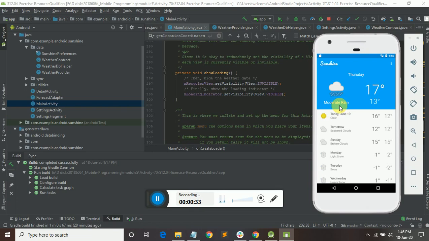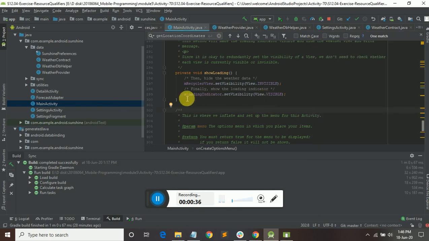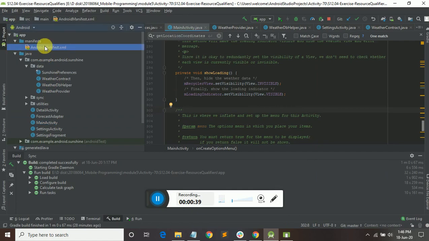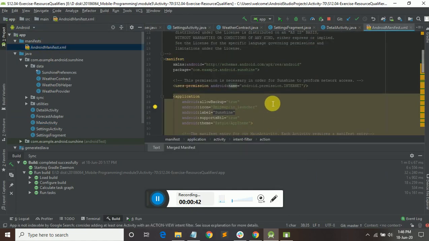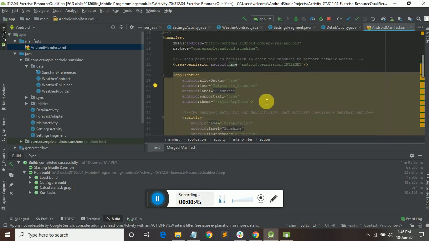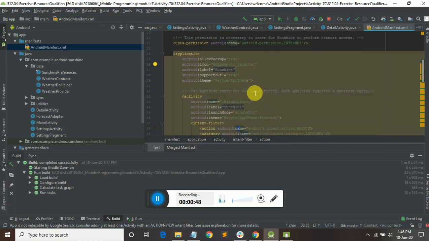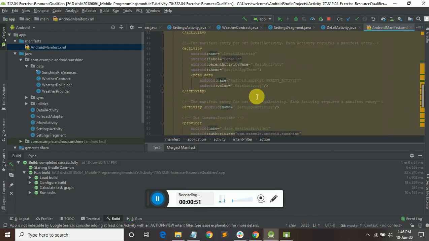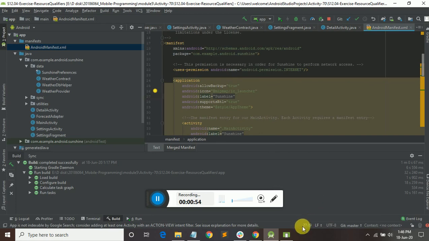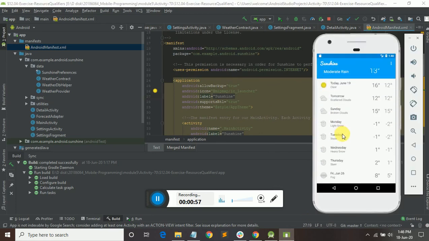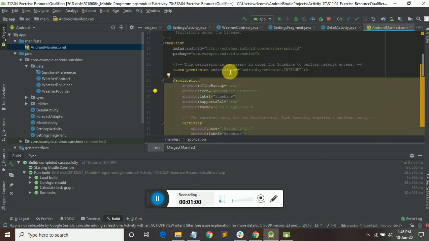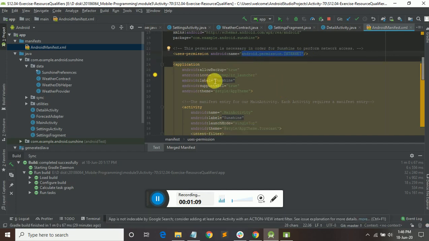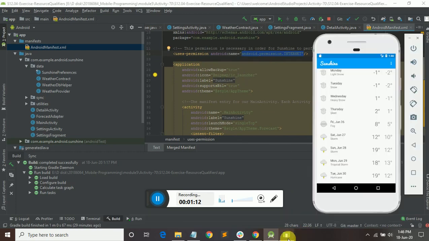rain. And before going to the application, first we need to look at main activity.xml. This XML file is mainly used for layout purposes, like what will be the layout of the application. You can see here all the details, and I can show this is the layout of this application, and this is the permission for the internet, for connecting to the internet and connecting a database. And the icon is this IC launcher, where we use these icons.